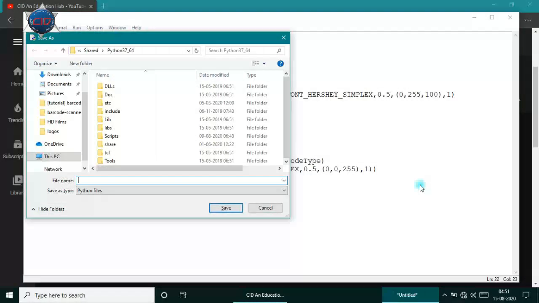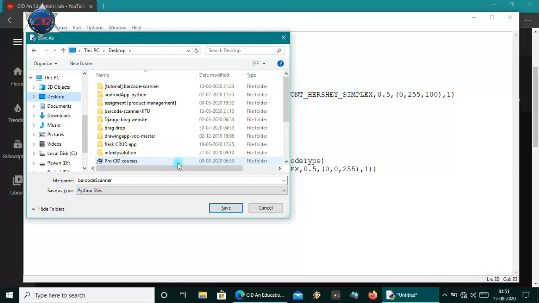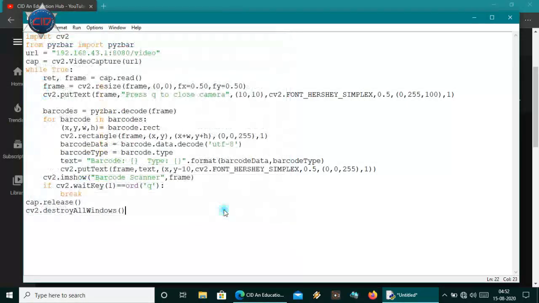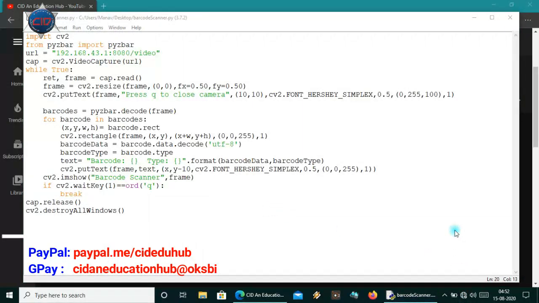Let me save it, and I will save it as barcode scanner, sorry for the typo here, on the desktop. So let me save it. Okay, done. Now let me connect my mobile camera with this.